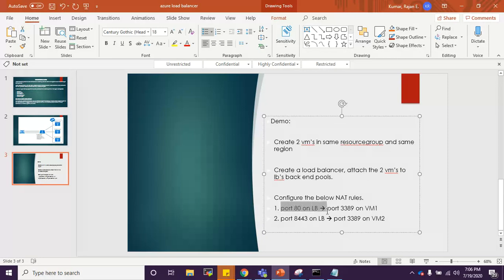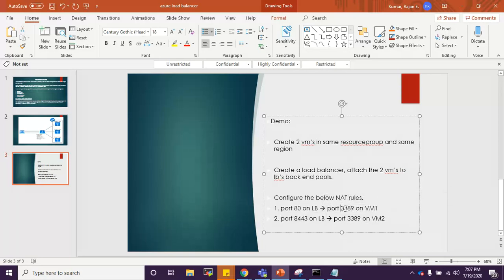So we'll configure two rules on the two VMs. The first rule says port 80 on my load balancer will redirect to port 3389 on my first VM, and port 8443 on my load balancer will redirect to port 3389 on my second VM.